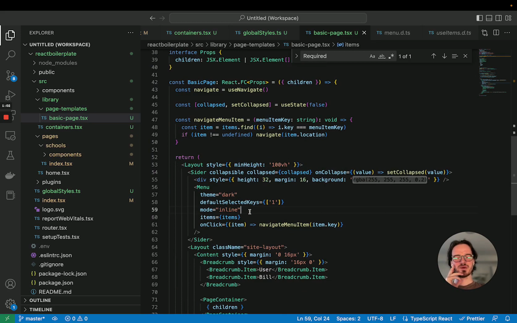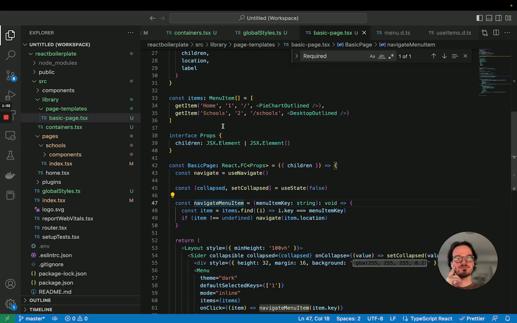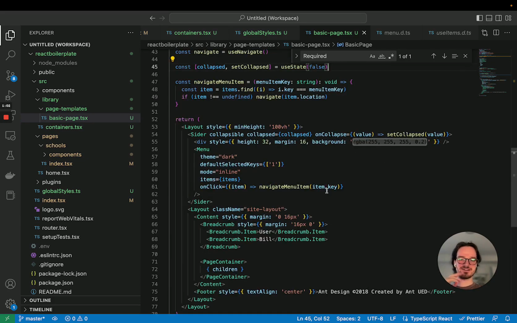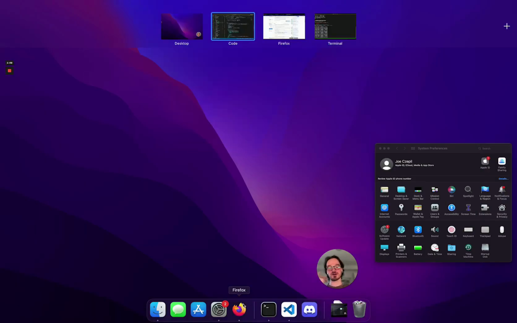And then when you click on a menu item, the only thing we have access to is the key. So I've created this navigateMenuItem, which finds the menu item based off the key. And if it does find it, then it navigates. And that just feels like so bad, but it might not be that bad. But yeah, now if we go back, actually,